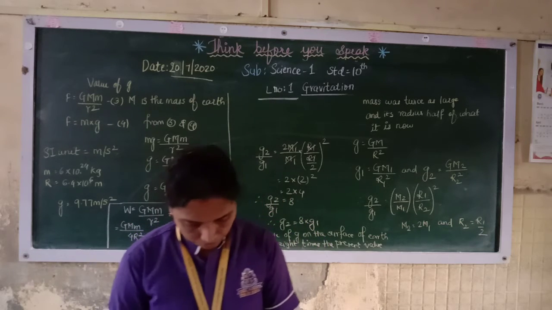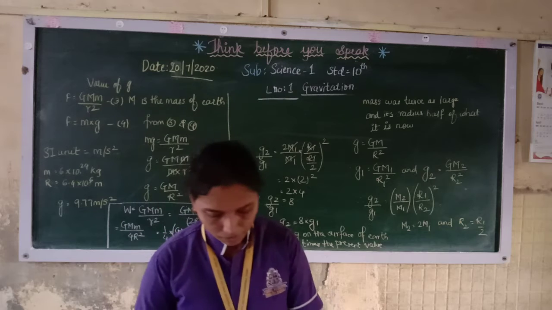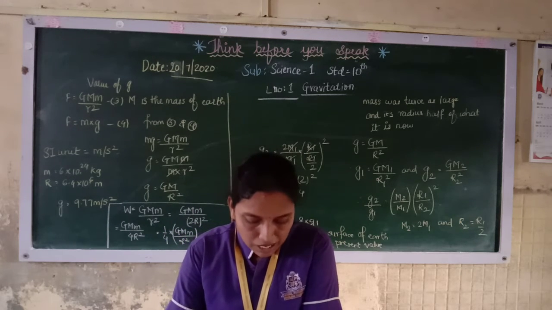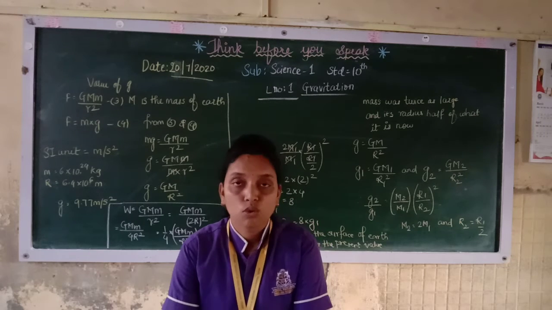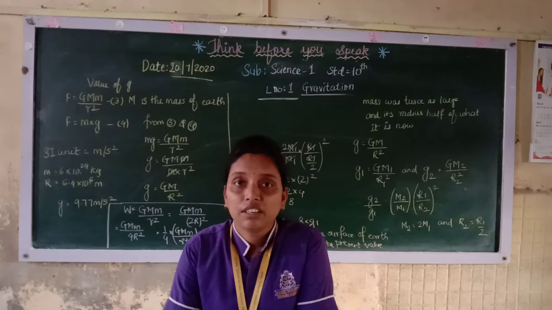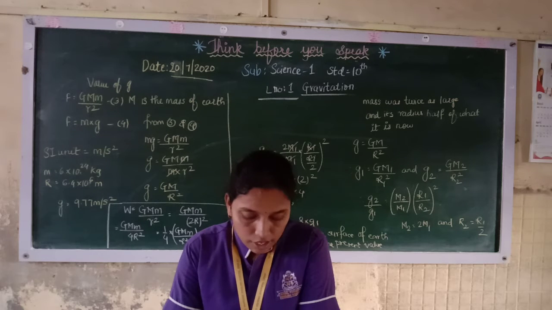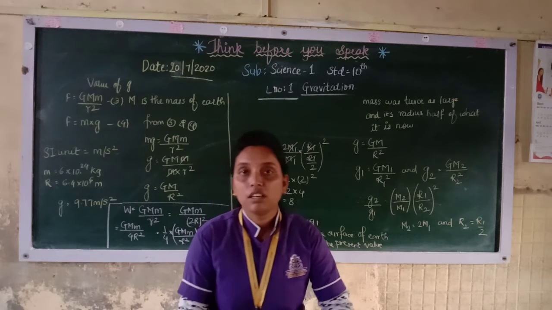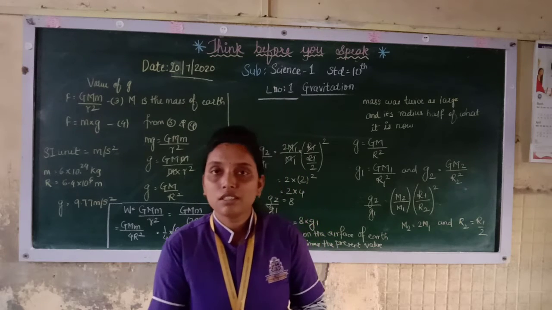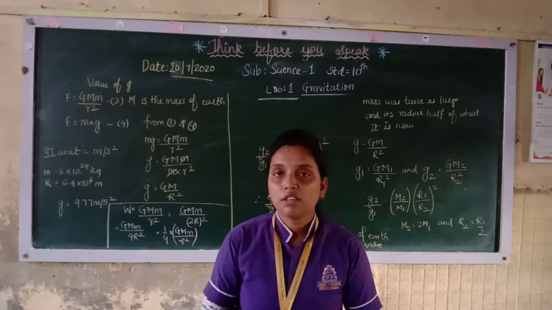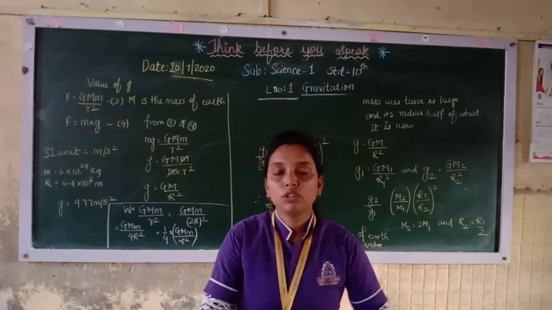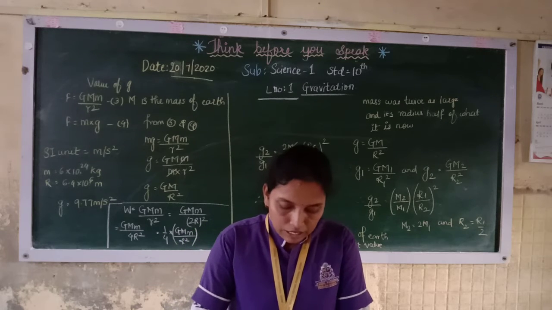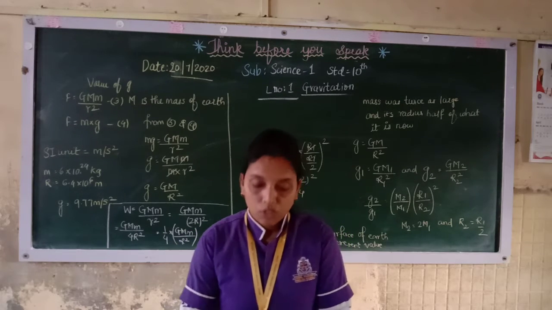Further, this acceleration depends upon the mass M and the radius of the earth. So it depends upon the mass of the earth and the radius of the earth. And so the acceleration due to gravity at a given point on the earth is the same for all the objects. But if you go to different places, if you take into consideration different points, it will change. So it does not depend upon the properties of the object.